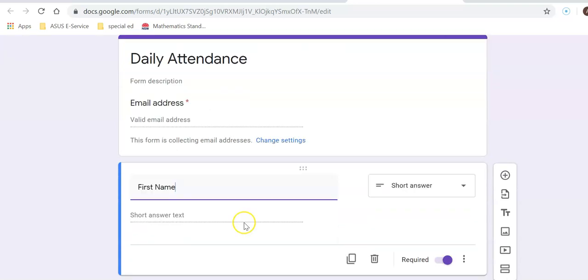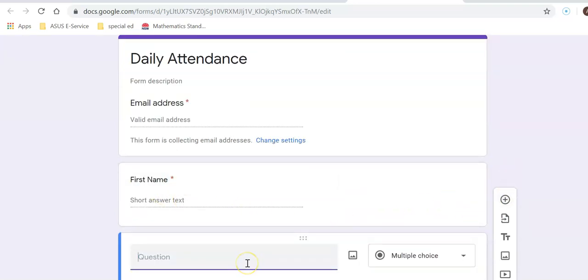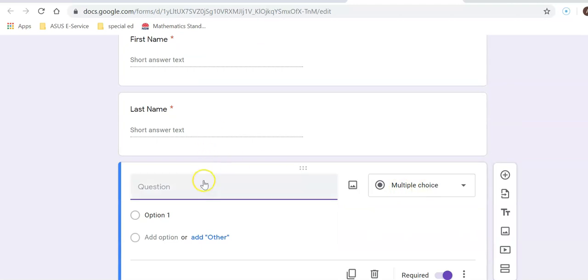It's just literally first name and then last name. It's going to collect email addresses because that's how I'm going to make sure it's unique, which means each student can submit one. Also, I'm just going to add a few more questions here just to make sure I like to see if my students are engaged in the activities that I put up daily, and